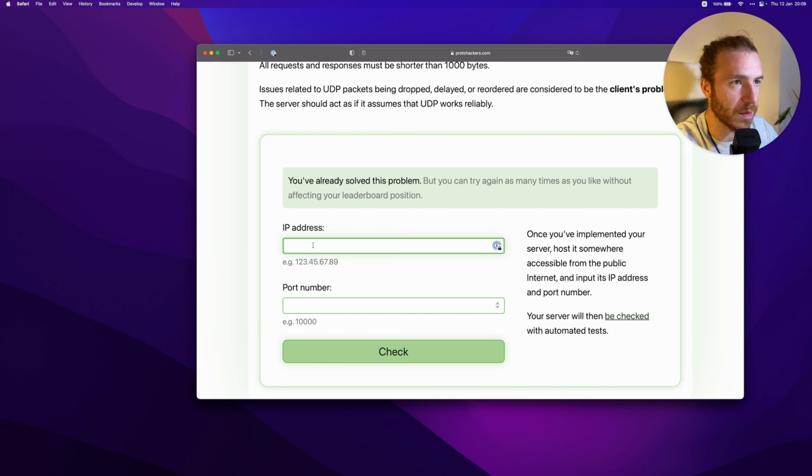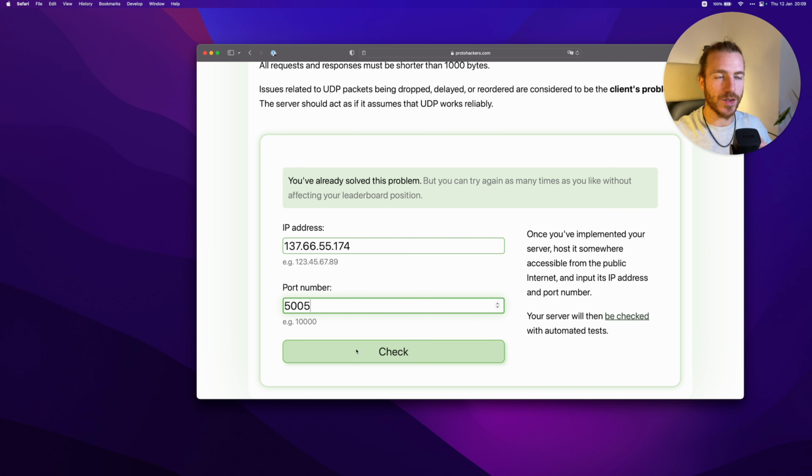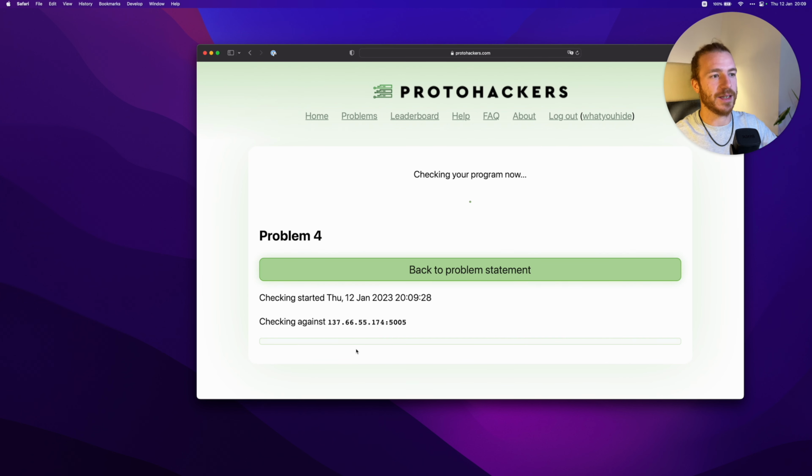Okay, so we'll go in Proto-Hackers, paste our IP, and go with our port number. Before checking this, I should warn you that UDP is unreliable, and I just want to throw it out there that this has been working on and off for me. It might be a combination of Fly and Proto-Hackers being in different data centers and a lot of UDP packets being lost, or it could be something related to Fly or to Proto-Hackers. I don't really know, but it's been quite flaky, so we can try this out.